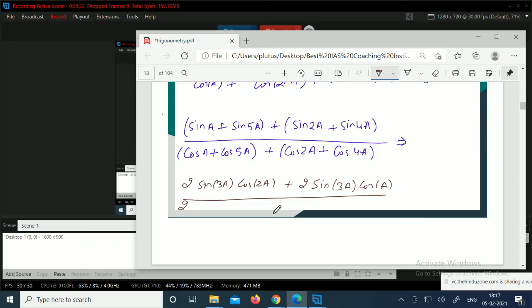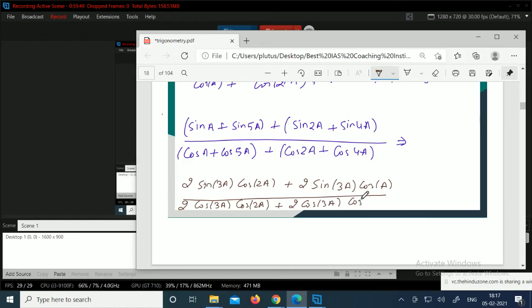2 into cos C plus D. So what is the value of cos C plus D? 6A by 2, that is 3A, and cos C minus D, that is cos 2A, isn't it? Yes, in the same way, plus cos 3A